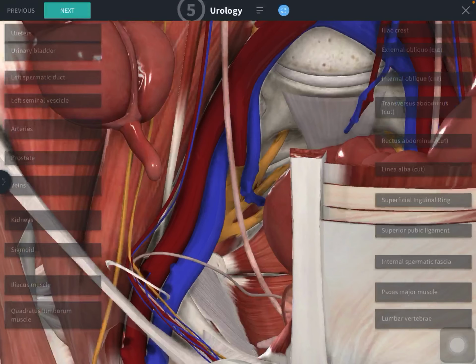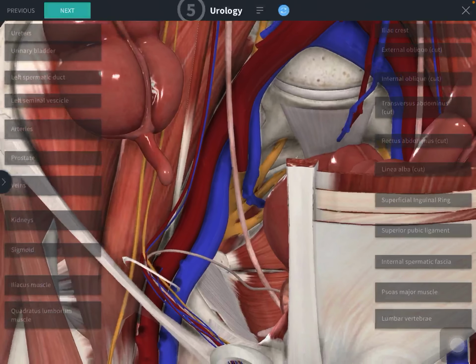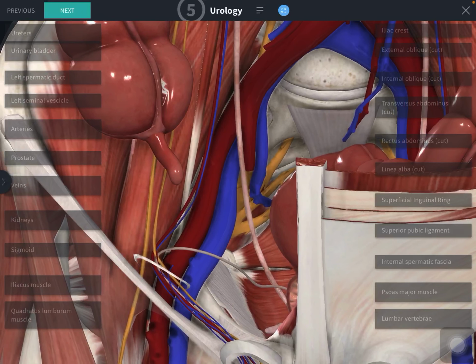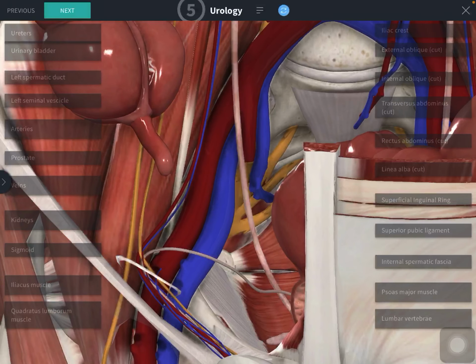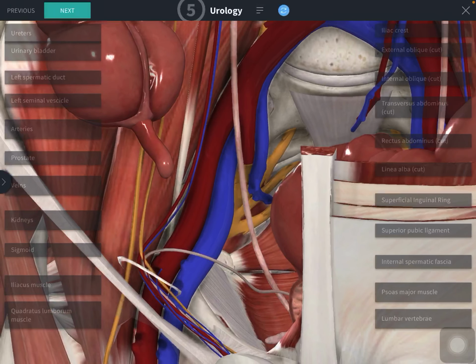Medially covered with peritoneum. Laterally, from above downwards, obliterated umbilical artery, obturator nerve and vessels, which will be related to the ovarian fossa. Inferior vesical artery, middle rectal artery, and in female uterine and vaginal arteries. They will be the branches of internal iliac vessels. So they will be the lateral relations. Obturator artery, inferior vesical, middle rectal, in female uterine. So they will be the lateral relations. The internal iliac arteries are given, but the branches are not given.